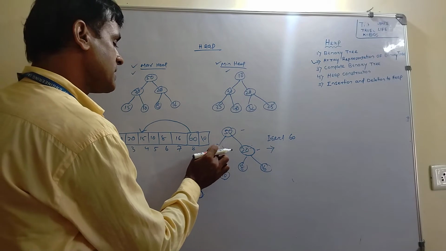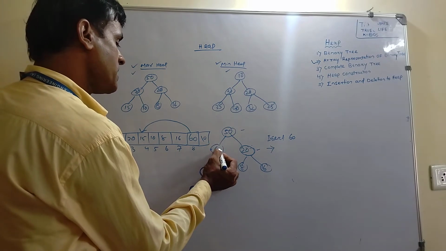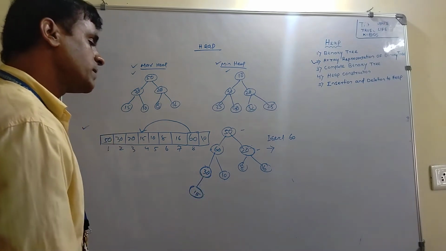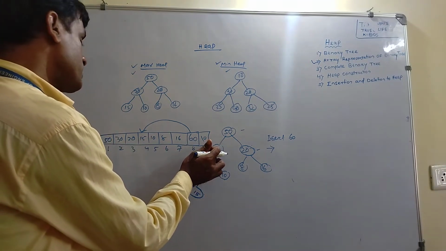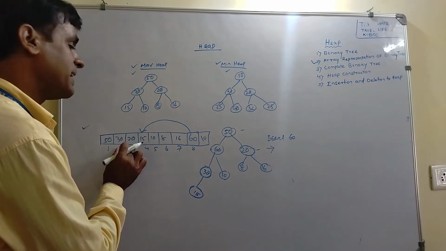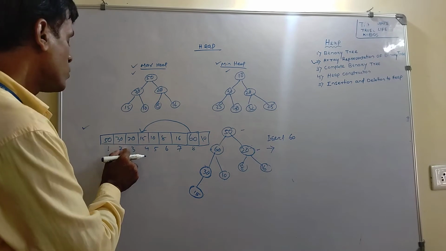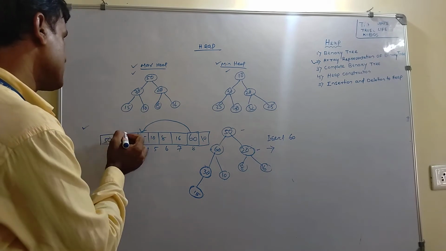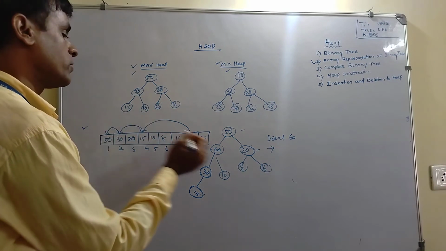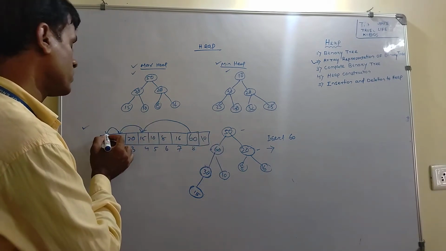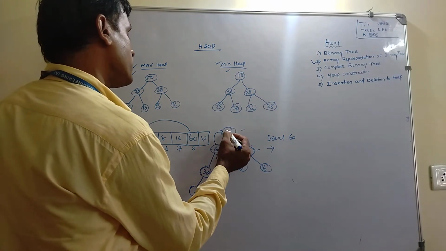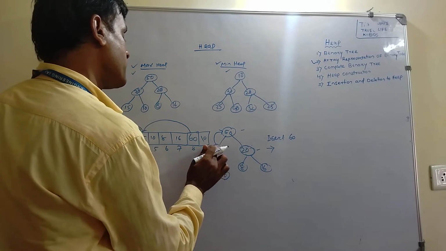If you adjust it, then it will be 60 and here it will be 30. After that, 60 is placed at the 2nd index, and its parent is at i by 2, that is the 1st index, so its parent is compared. So 30 will be compared here, and 60 will be compared with 50, then it will go here. This 60 will go here and this 50 will come here.